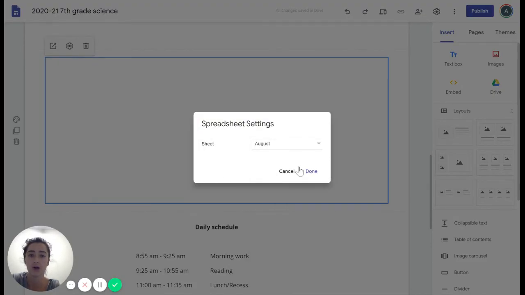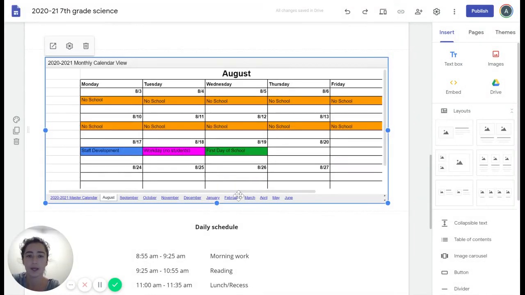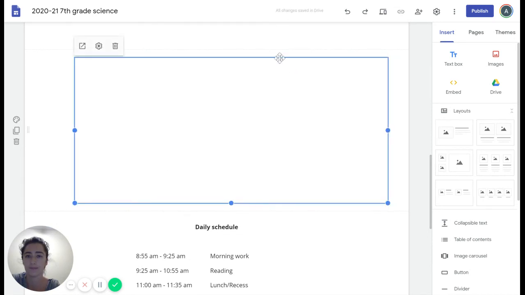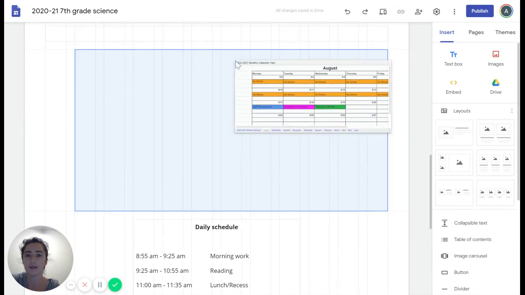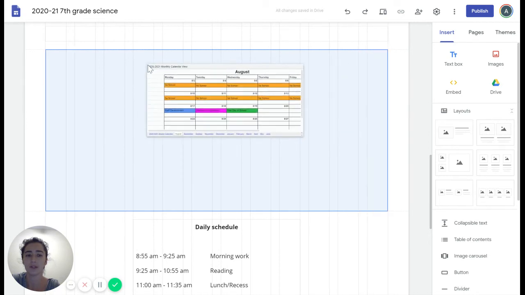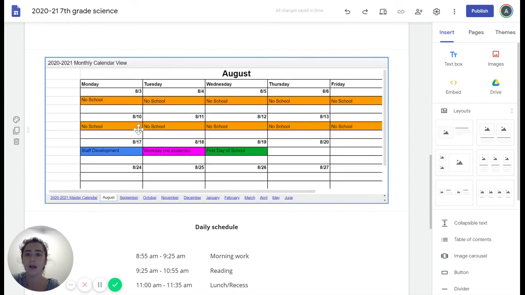on your spreadsheet. So I don't want them to have a whole calendar year. I just want them to focus on August. And I can do that. I can also resize it. And if I drag it, Google will start to tell me when it's even. So now I could link to a particular assignment in this Google Sheet as